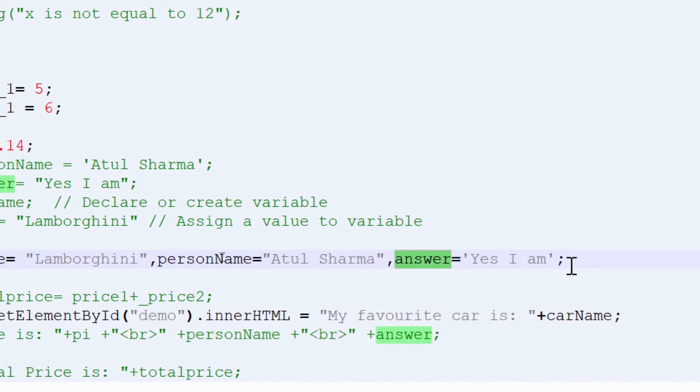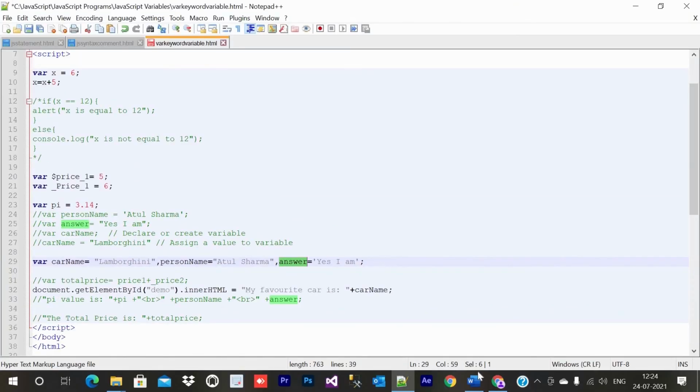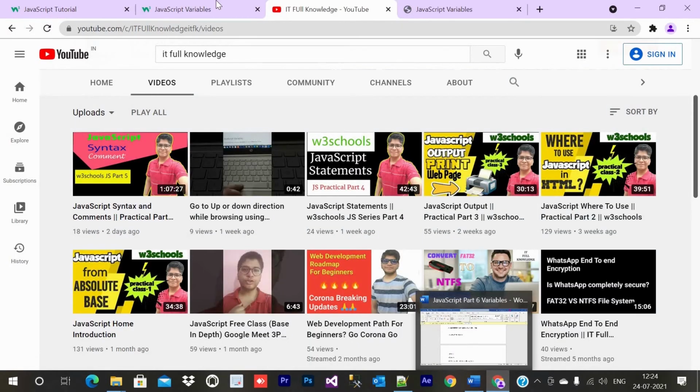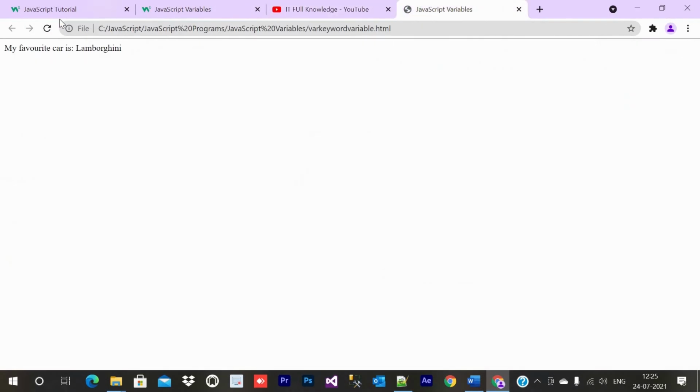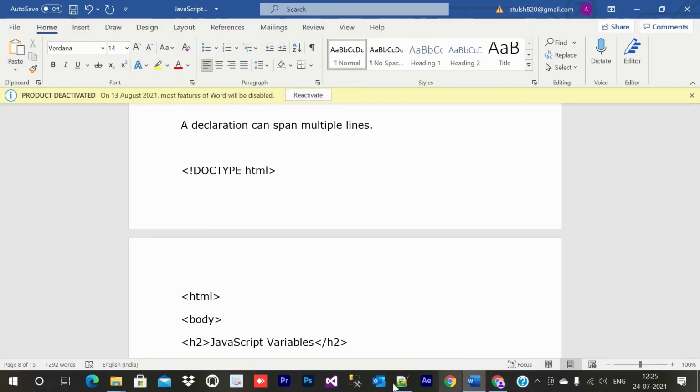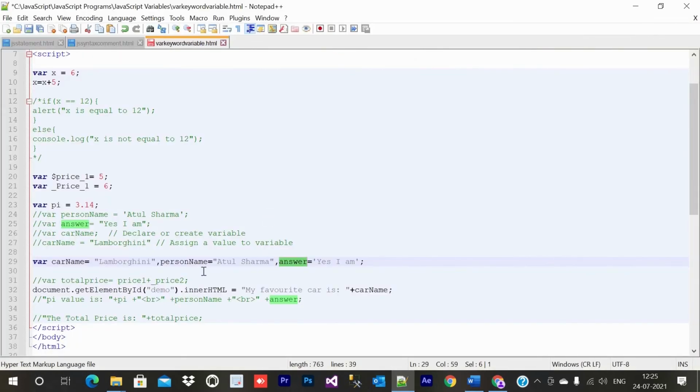Three variables in one line, in one statement. So if I come to the browser and refresh it, still my favorite car is Lamborghini is coming. So the output is coming. So you can declare multiple variables in one line.